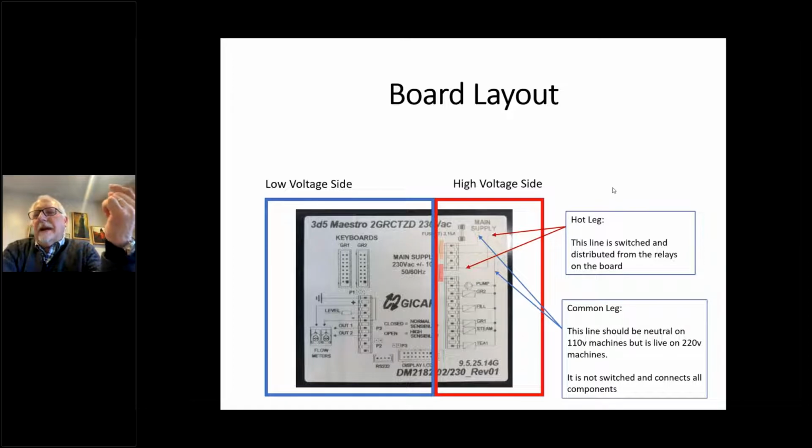That blue wire is not actually switched or controlled in any way by that box. The box simply redistributes it from there. Sometimes it'll come out of the switch, but a lot of times it'll just come out of the box. And the reason for that too is that when you disconnect terminals from the box, you're essentially disconnecting everything